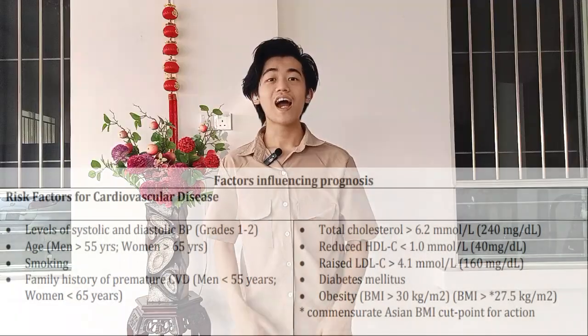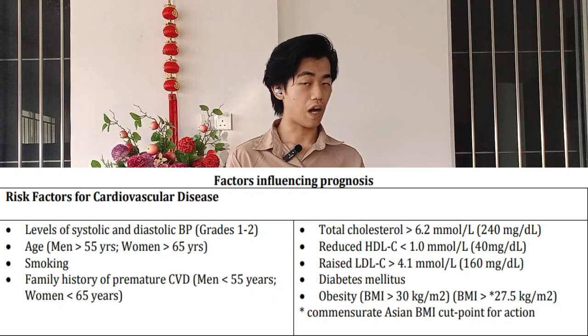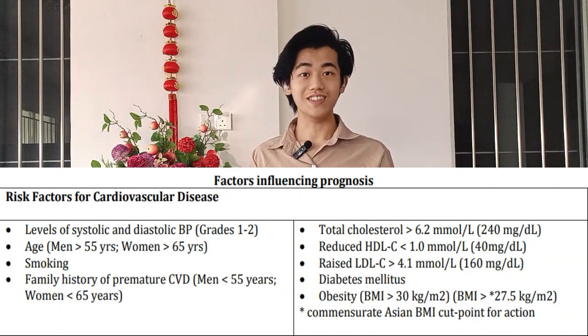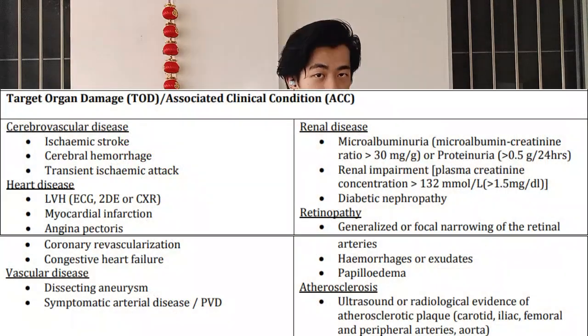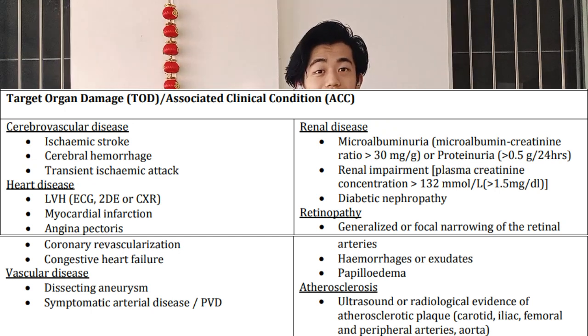So how do we know if the patient has risk factors or end organ damage? History taking. How old are you, sir? If he says, I'm 56 years old, which means he's larger than 55 years old, so that is a risk factor. Do your family members have heart attack or heart disease? If he says yes, that is a risk factor. During physical examination, if the patient's apex beat is deviated or displaced, left ventricular hypertrophy, that is a sign of